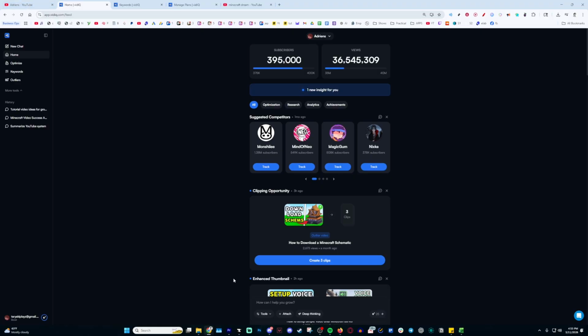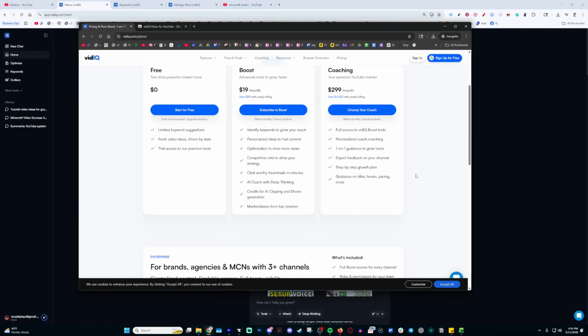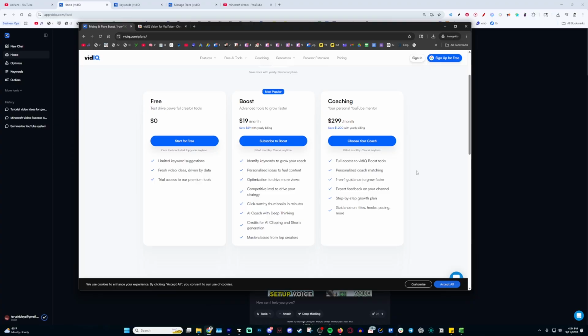We're going to be looking at obviously the prices, so I'm going to pop it up right here. So as you can see, you can use vidIQ for free, but I'm going to be honest with you, I don't want to give you any random information. This is pretty useless, I'm not going to lie. It does reveal a couple things, but it is very limited without you actually paying for vidIQ. Most of this is pretty much just you getting a little tidbit of what it can actually offer you.